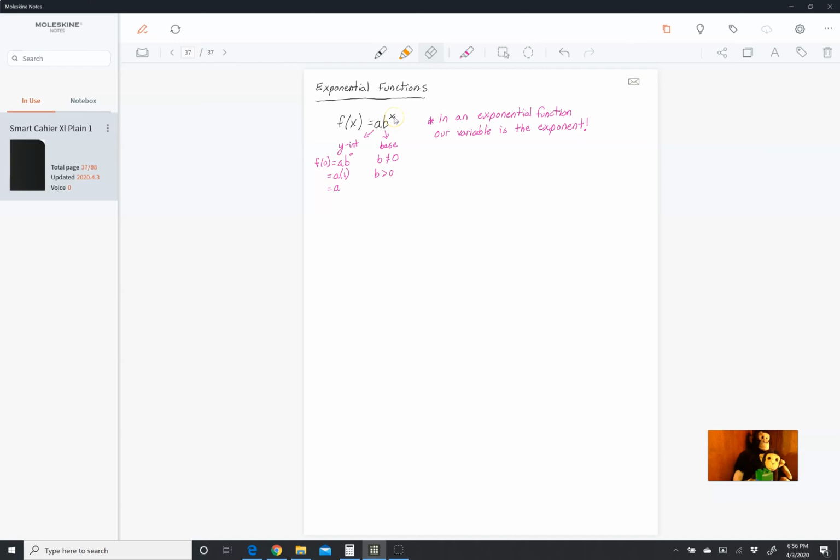If b were negative, the problem is that if this exponent were odd, then you would get a function that sort of looks like this. Okay, and we wouldn't call this exponential. At least we're not going to discuss it. Not exponential. Okay. From here, you can kind of gather that an exponential graph, a b to the x,